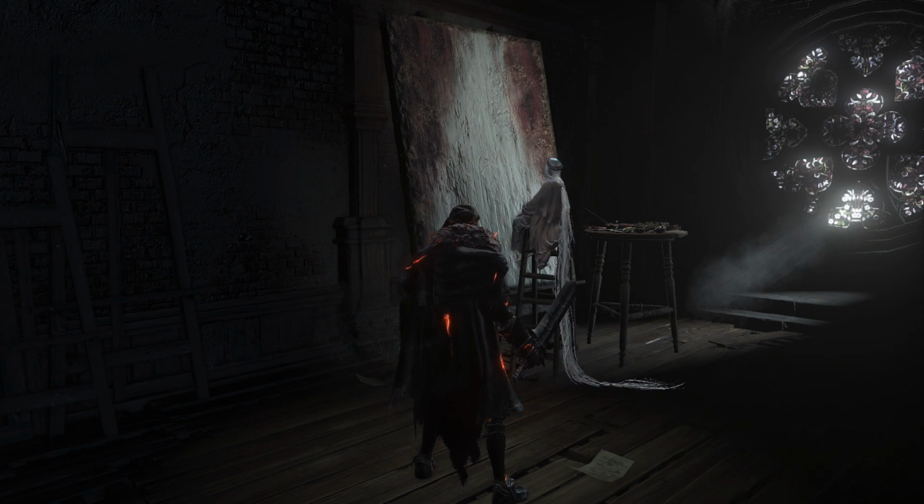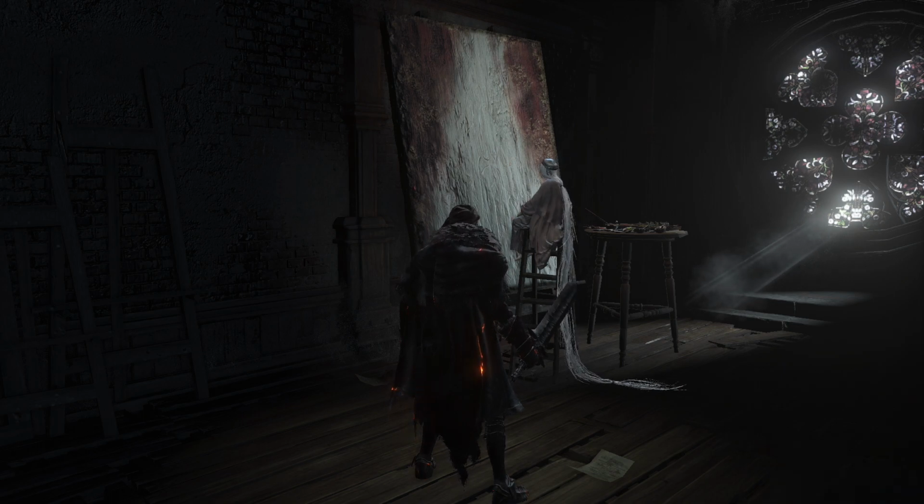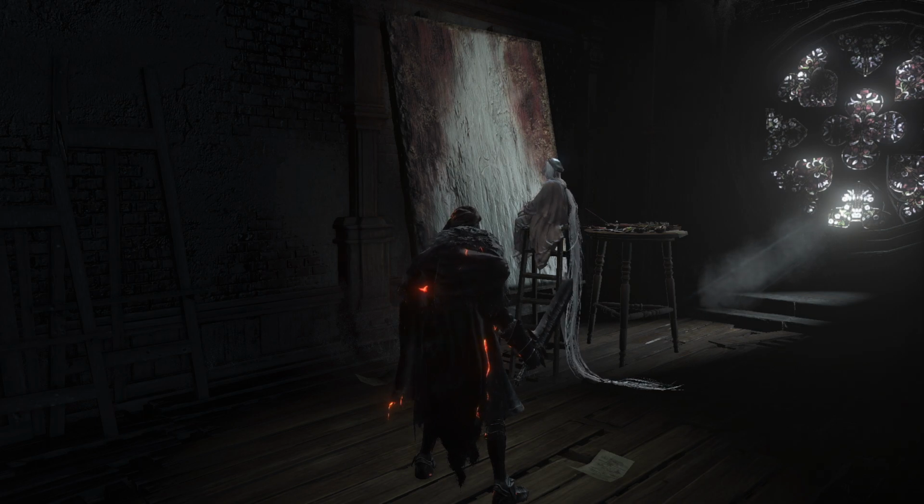And this whole story with the painted world was only in fragments, you know. It was a piece of the painting that Slave Knight Gael showed us in the Cathedral of the Deep to even bring us into this world. They were like, okay, burn away the old, something different is coming. But